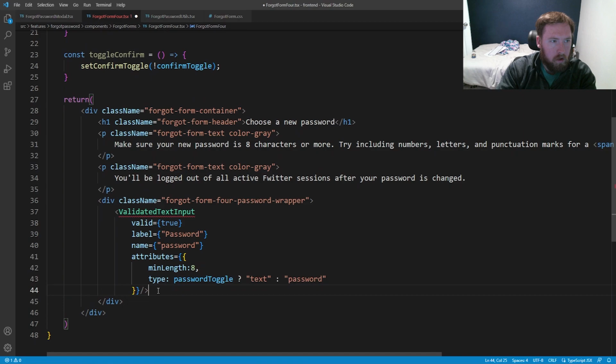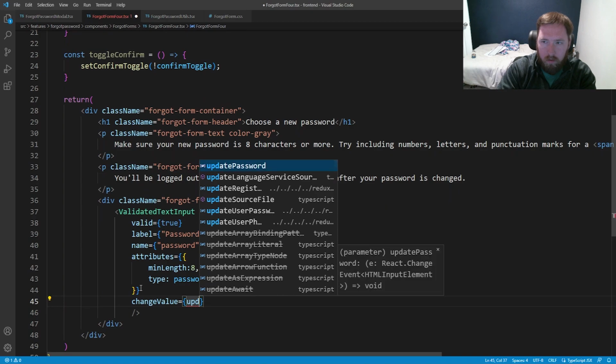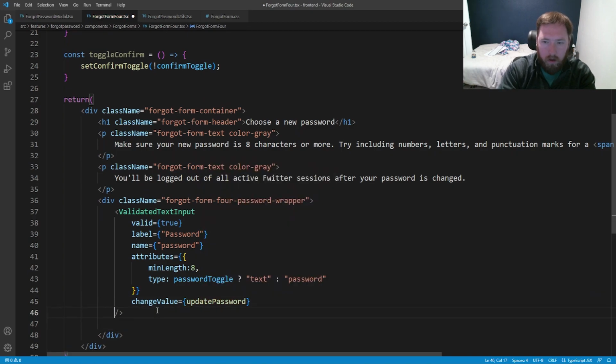And what am I missing? On change, I think. Yeah, I'm missing a change value. So here I'll add a change value. It's gonna be update password. All right, and then from here we need another div